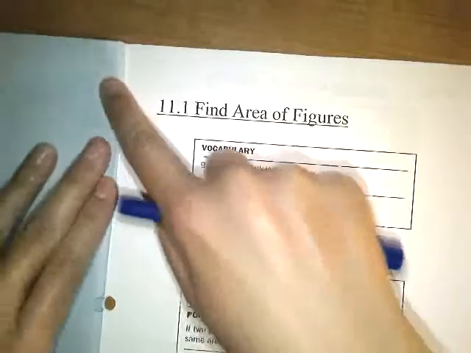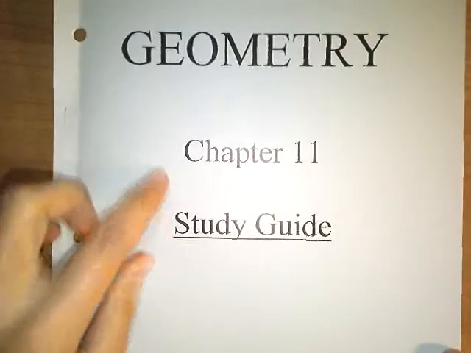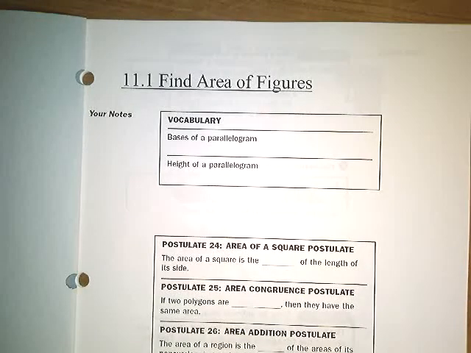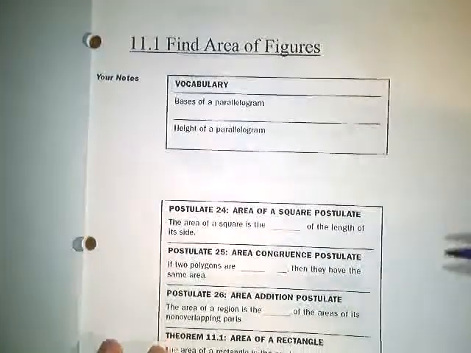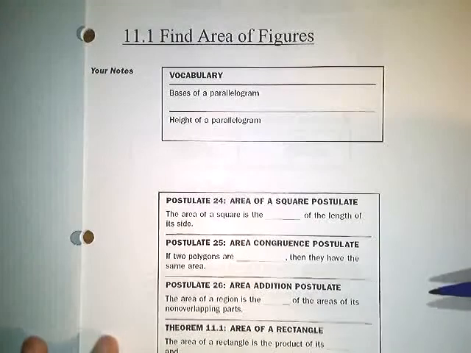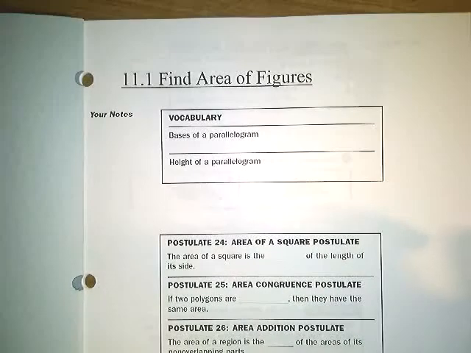This is the lesson, Chapter 11, Section 1, or 11.1, out of the Geometry Chapter 11 Study Guide. This is a lesson on a topic that many of you have already worked with before. Basically, it's finding areas of figures, like parallelograms and rectangles and triangles. So, just to review some basic concepts,